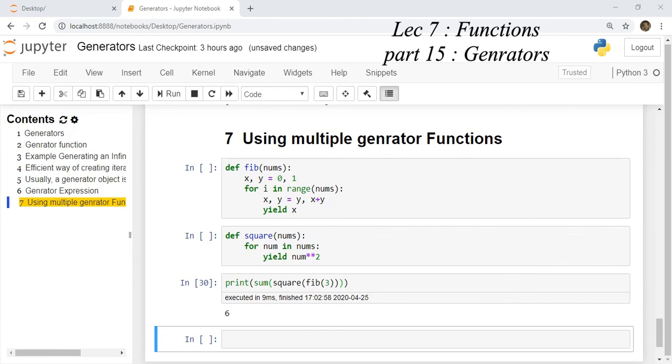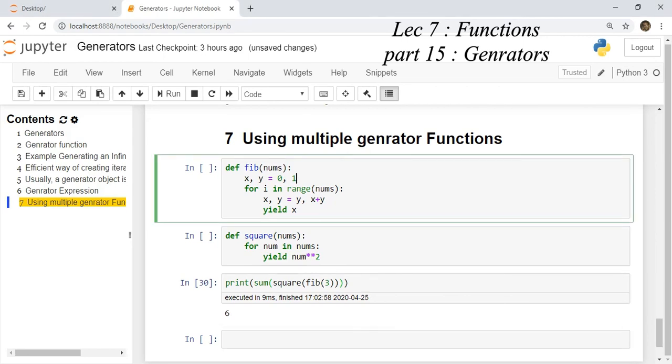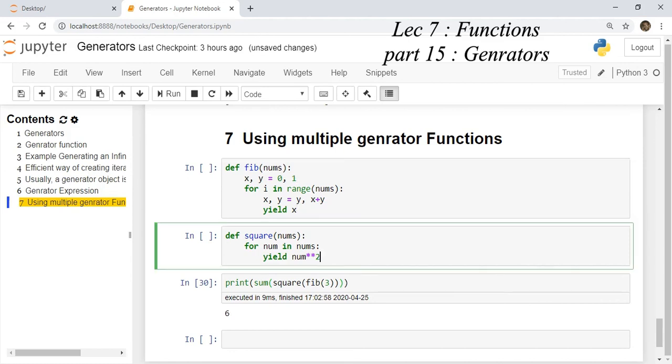Generator pipelines use multiple generator functions. You have two generator functions here. One is creating a Fibonacci series number in a sequence and another is creating the square of a number. Both are accepting an argument num. They are generators because both have a yield statement. They are memory and time efficient. For input, they will iterate over the input, yield the value, perform the computation on demand and print the output.